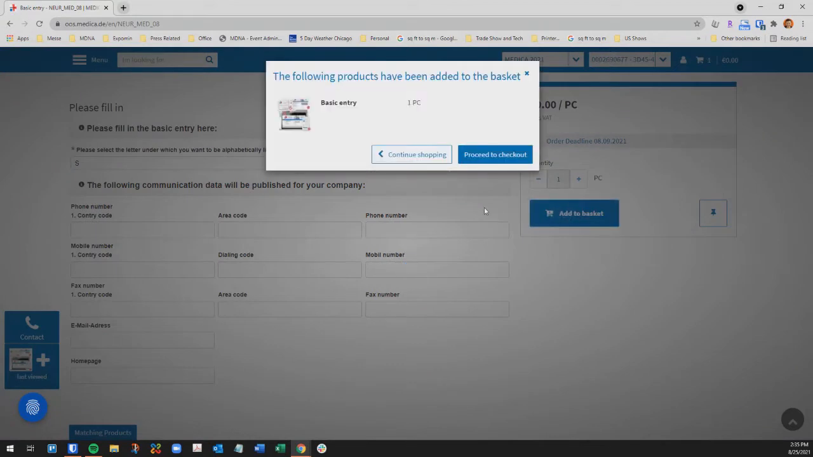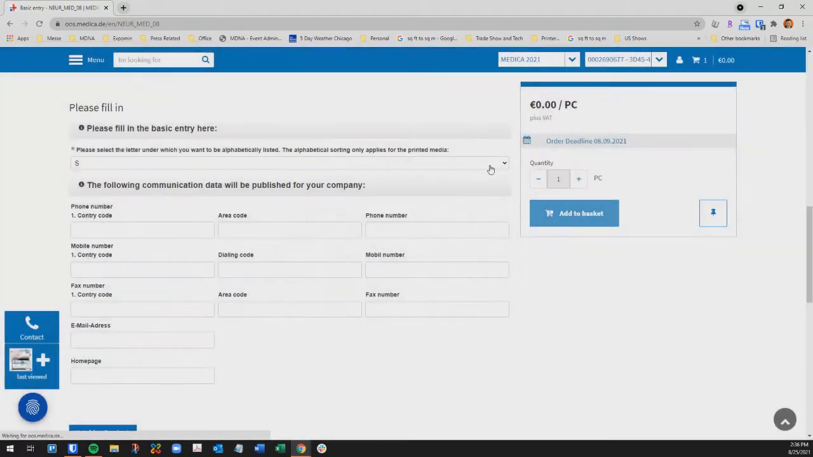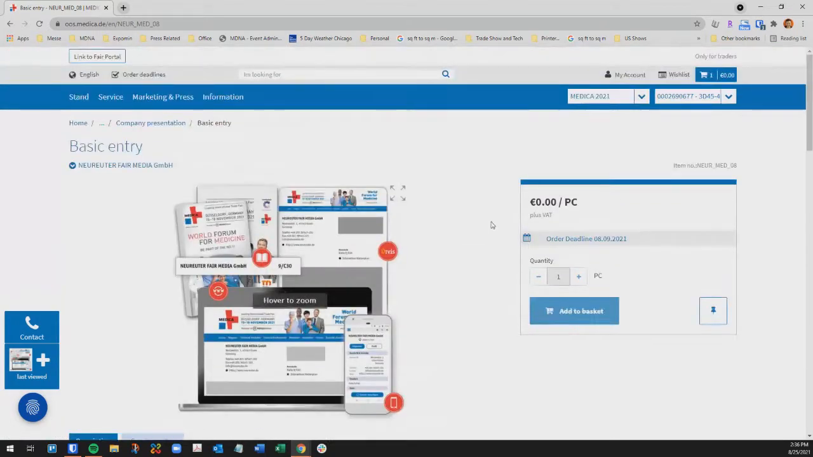And now I have the option to proceed to checkout or continue shopping. Because I have to complete the product category listing, I'm going to click continue shopping and then complete the next form. And so to complete the product category listing,